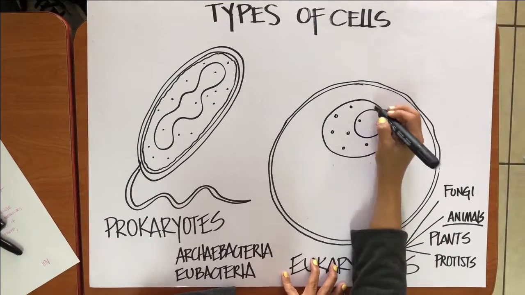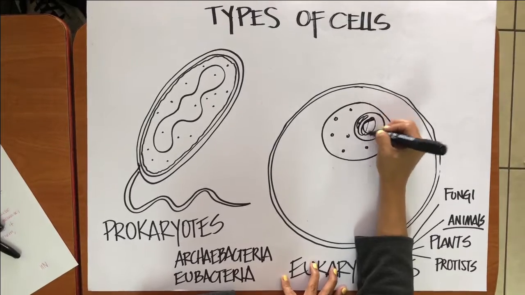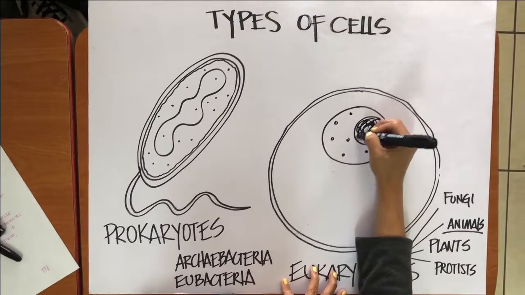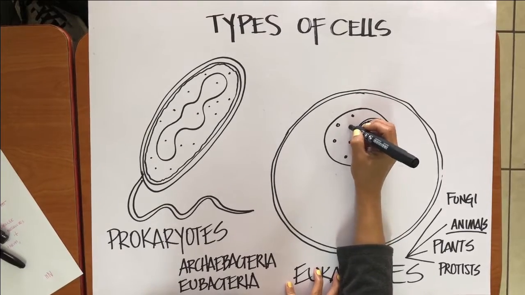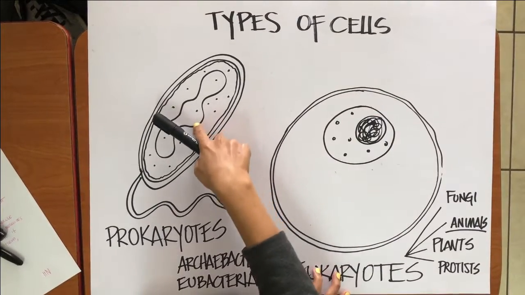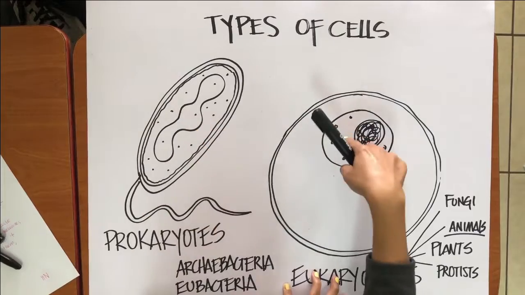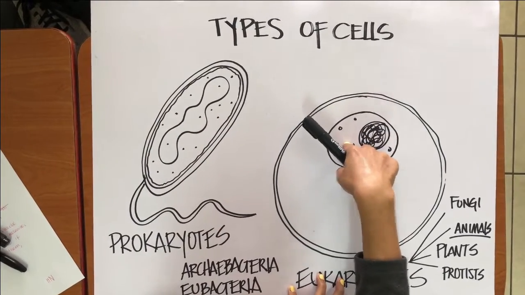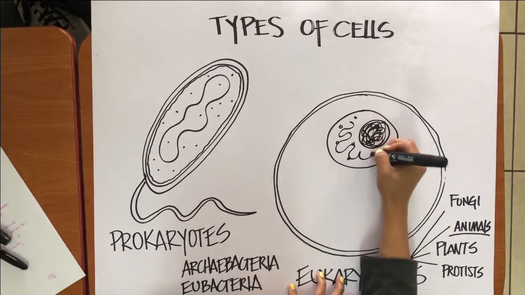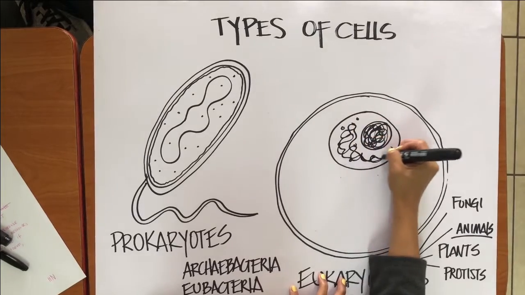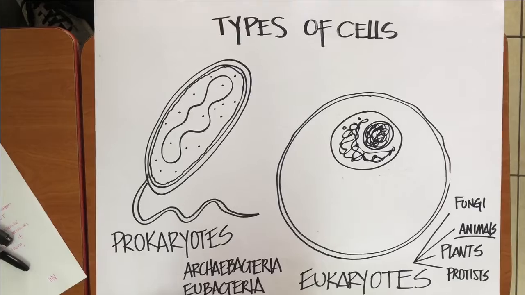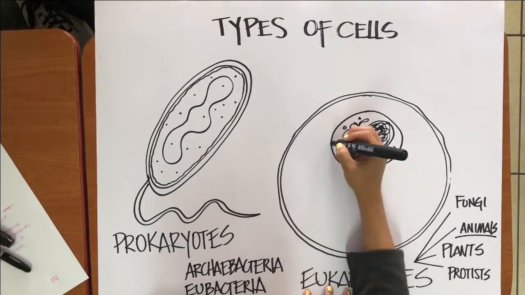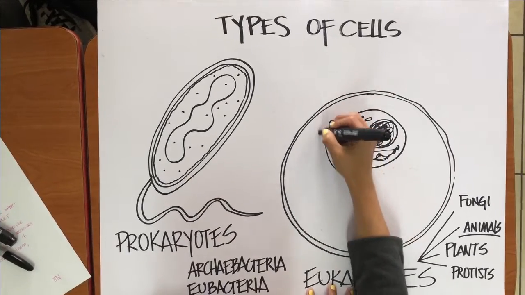Inside of the nucleus, you have a nucleolus, which is a denser region inside of the nucleus. And the most important thing, the actual DNA or hereditary information is enclosed inside of it. You normally have it as chromatin, and the chromatin turns into different chromosomes when it's time for the cell to split. Then you have the endoplasmic reticulum,